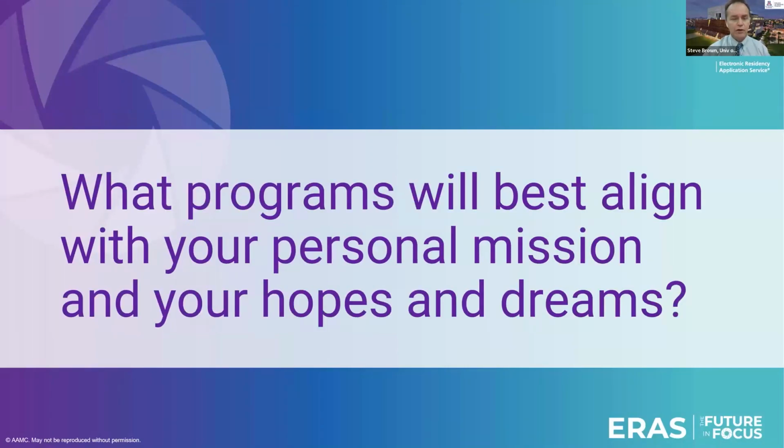So then you have your, who am I? You have why you chose family medicine. And so now as you pick your programs, you're going to think, what aligns with my personal mission and my hopes and dreams? And this is not only in helping you choose what program to apply to. Am I interested in rural future practice? Am I interested in working with the urban underserved? Caution here is that after reading a few mission statements from programs, they really start to look the same. But the patient population is extremely important. Who are the types of residents that are at that program? Those are the things that will help you figure out your personal mission and your hopes and dreams. Okay, next.